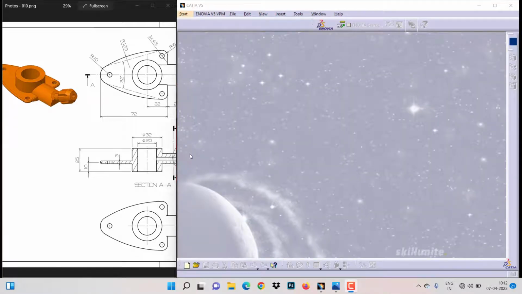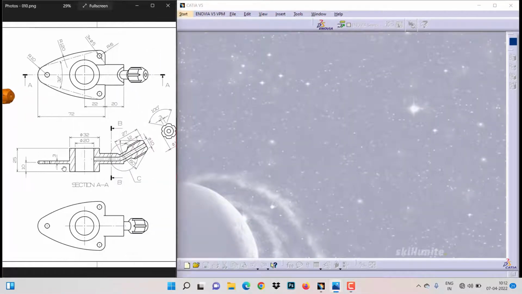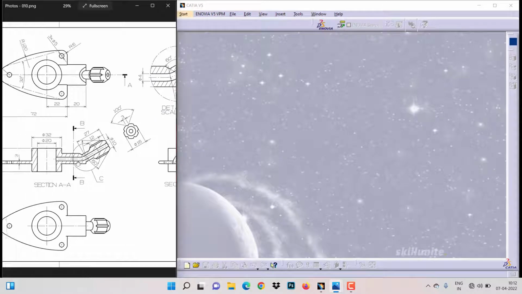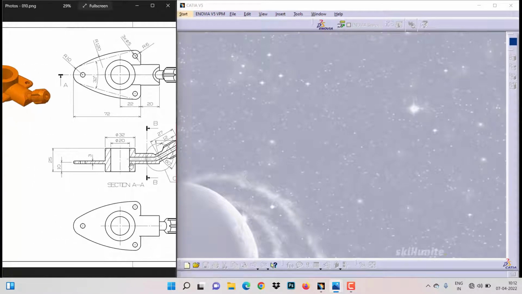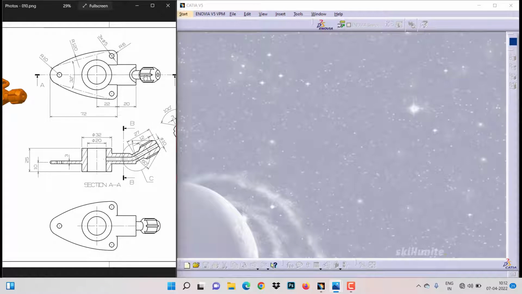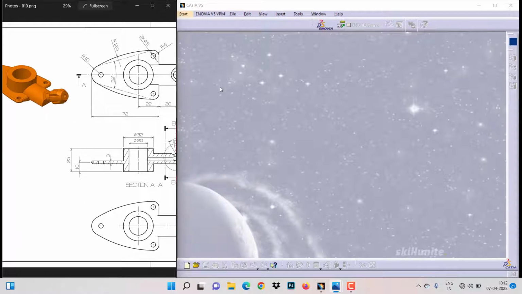Hi, in this section we are going to create this model whatever we are having over here. We can start this model by creating this cylindrical shape, then we are going to do this plate, then this object, then this extra extrusions whatever is there. So as always, to start a new part,